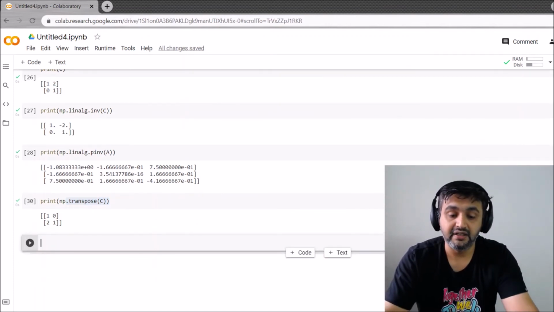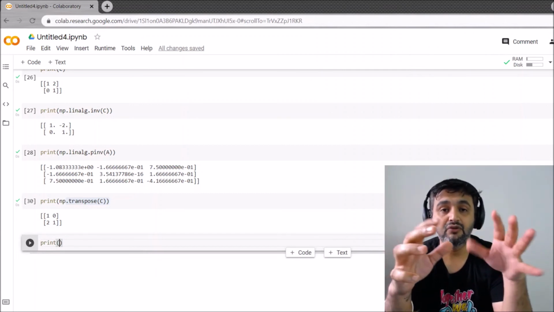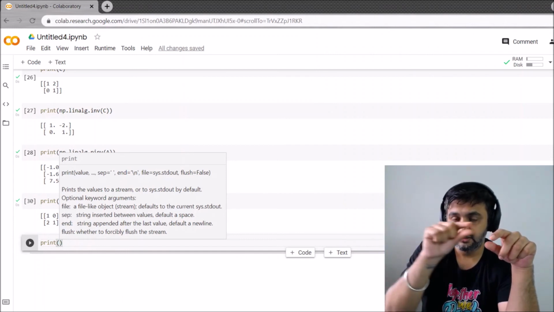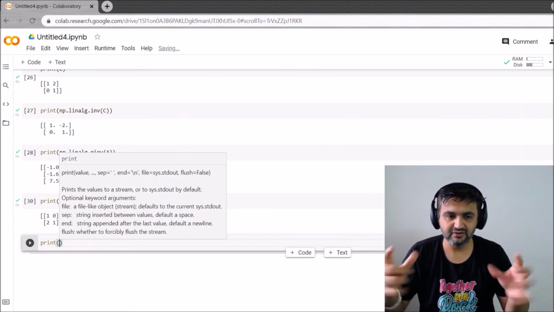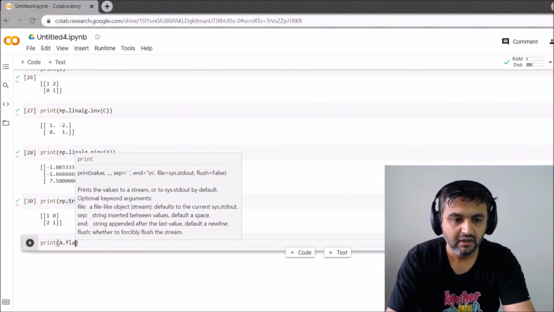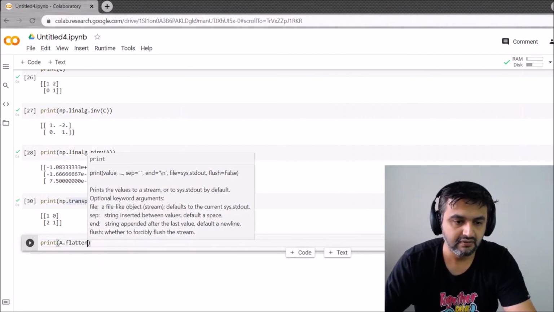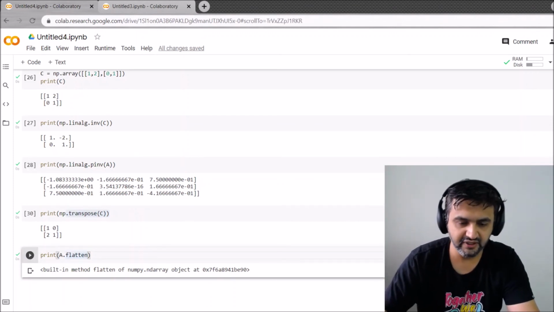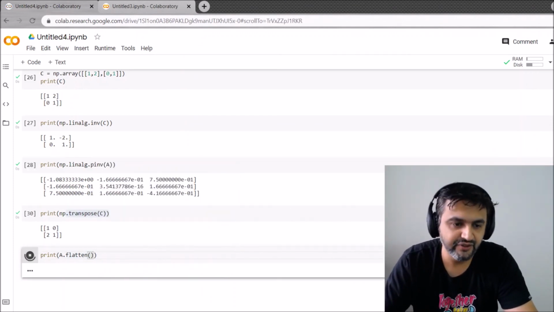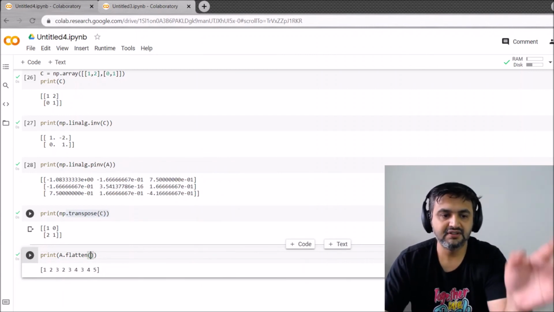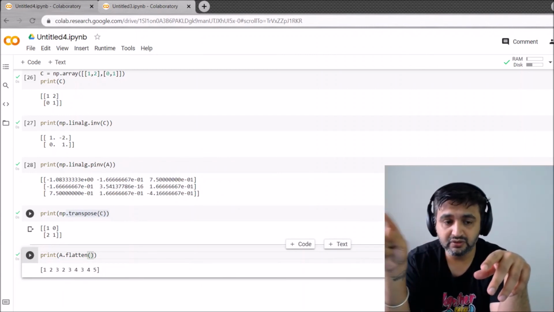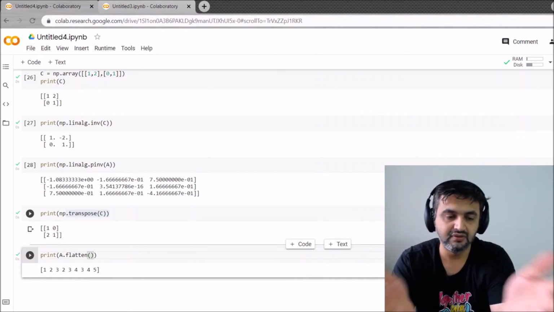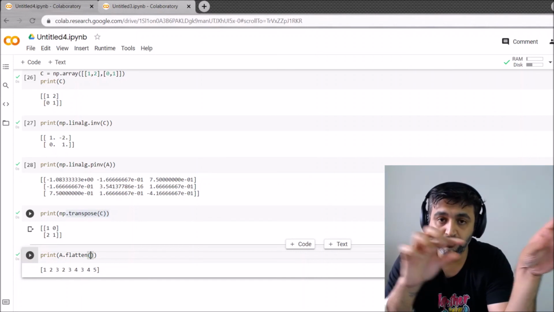And now, flatten. If you have a 3 cross 3 matrix but want all the entries as a one array, you're just flattening it, right? So that's why flatten. Suppose A.flatten. Oh, error. So A.flatten with brackets, and then control enter. It was a 3 cross 3 matrix, 1 2 3, 2 3 4 and 3 4 5, and all of that came as one line. So there is the flatten function to make everything into one array.